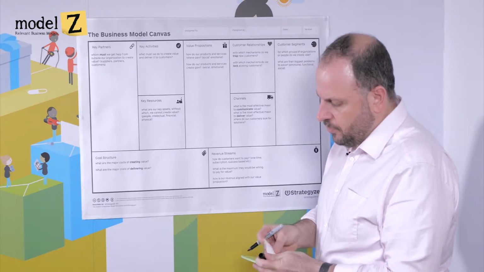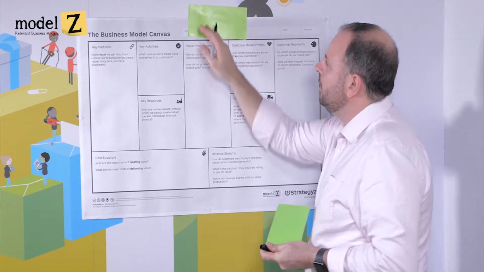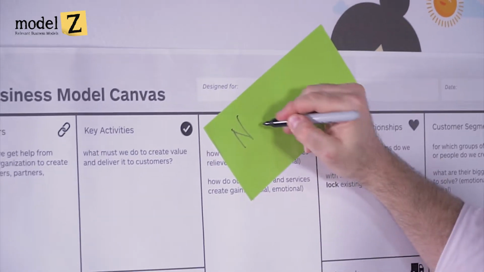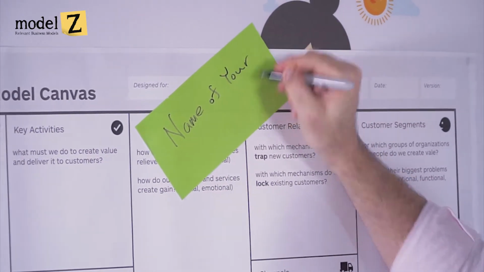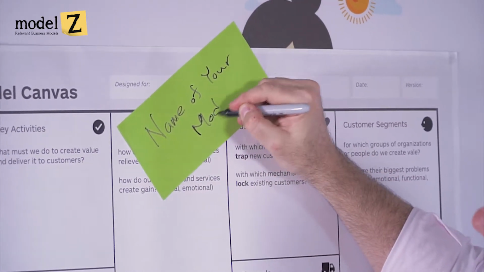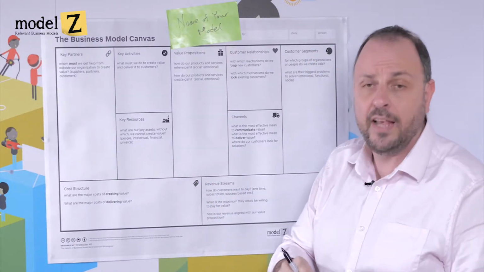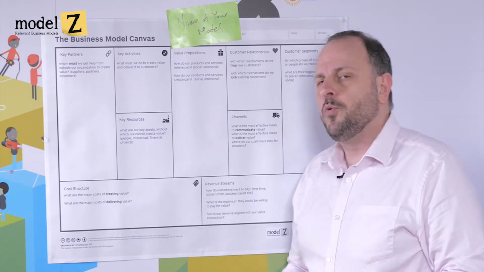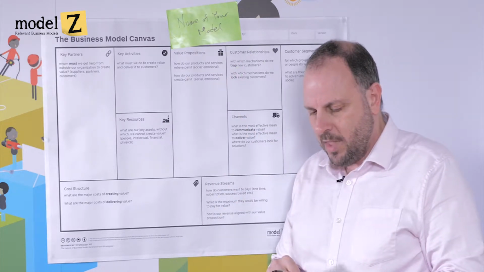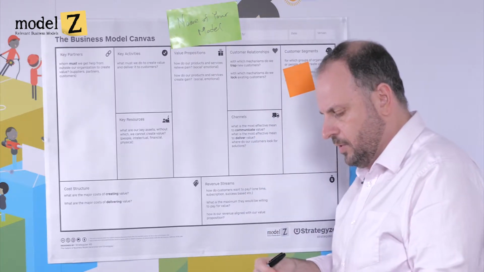So if you're using sticky notes like I do, you could start by writing down the name of your model. And just put a headline, something creative that would remind you of the model, which would be fine, no problem at all. So, rule number one, working with a canvas: